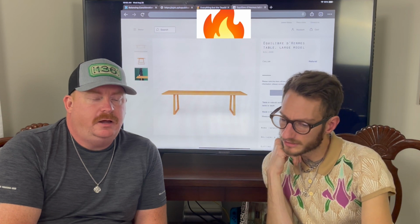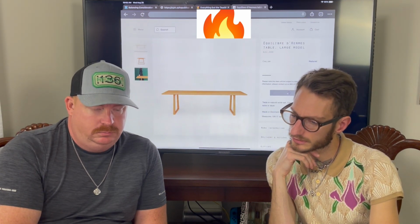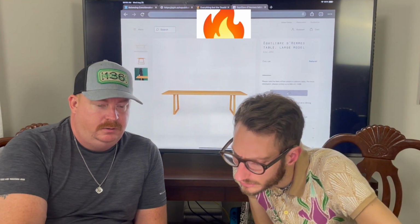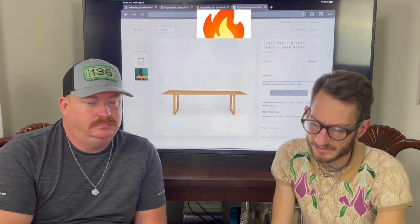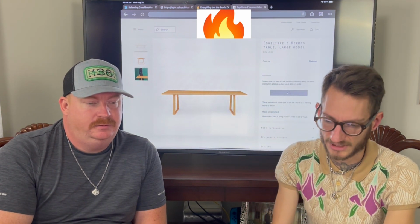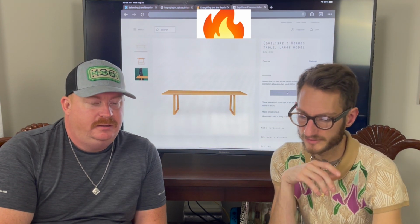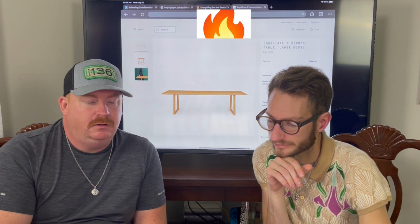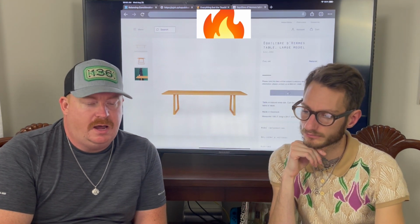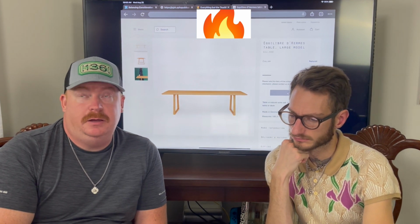A solid oak table? I thought it was a bench at first. Dining table or desk from Denmark. Oh, it must be. Oh, okay. It's huge. I thought it was like bench size. I can see the picture of the lady there. It's a table size. It measures 106 inches long, 39 inches wide, and 29 inches high. This is a dining room table for